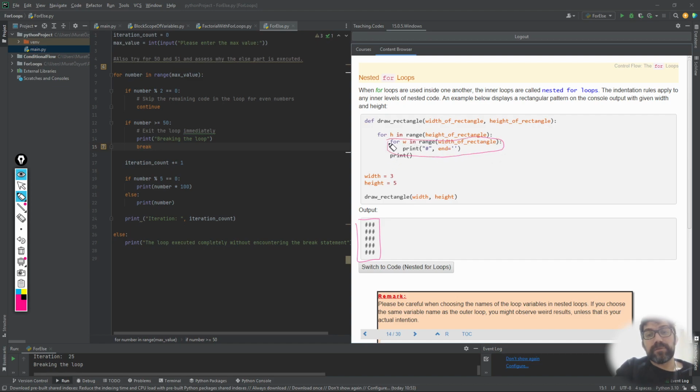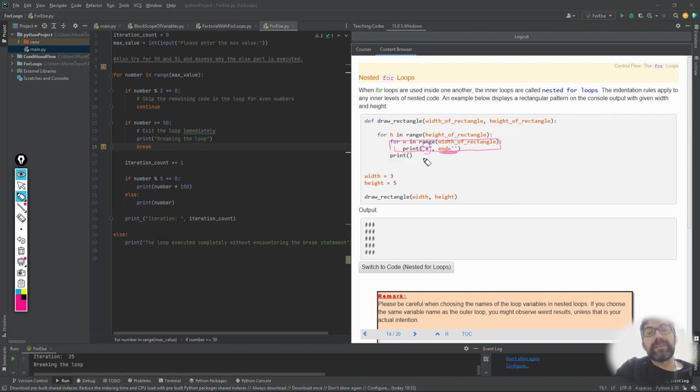The first for loop keeps track of the height or the rows of the rectangle, and the second for loop inside this one can keep track of the columns in each row. In that way you can simply print a single sharp symbol inside this nested for loop without